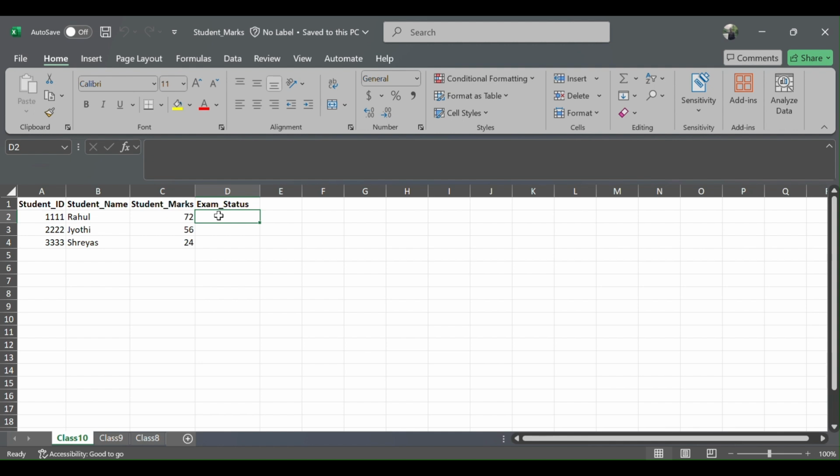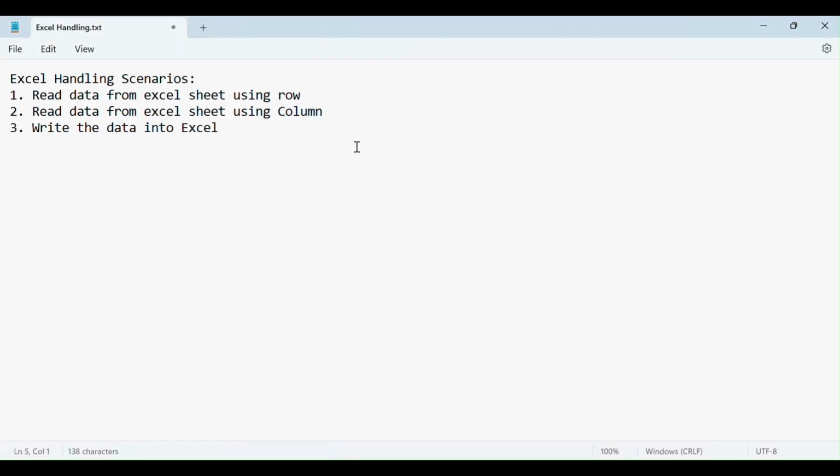Now let us take a simple requirement: read this first record. For the first record, get the marks of this student and evaluate the marks. If it is greater than or equal to 50, the candidate is pass. If it is less than 50, then the candidate is fail. Based upon the evaluation, come back here and update the exam status as pass or fail. That is our requirement. So let us update the fourth requirement as read,